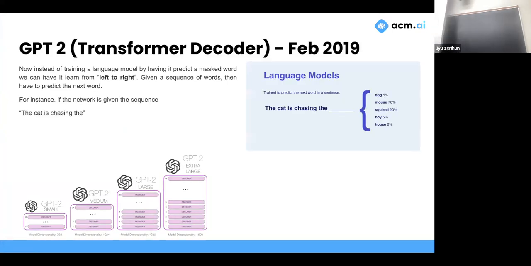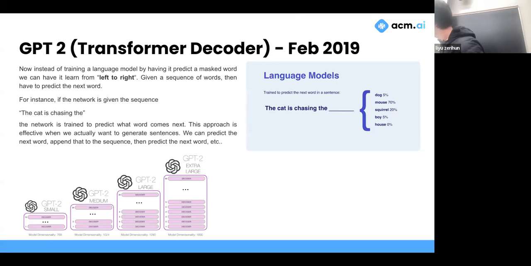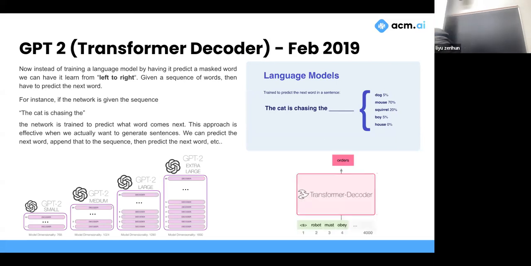Again, ignore that. Instead of predicting the blank, you say the cat is chasing the next word. Again, you can pretend there's a blank there, but it's not in the middle. It's given these words, what's the next one? And that's the difference. That's what a decoder does. So again, the cat is chasing the probably mouse. Could be these other ones. Same thing. The blank is the next word that we're predicting. This is what transformer decoders do, catching the next word.